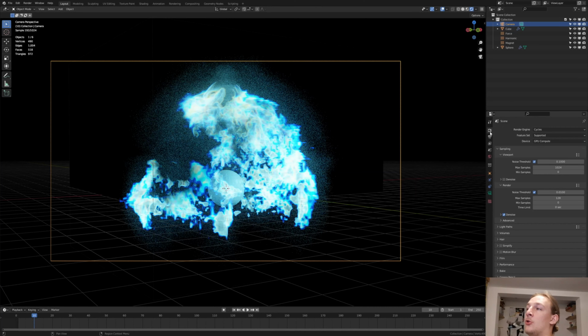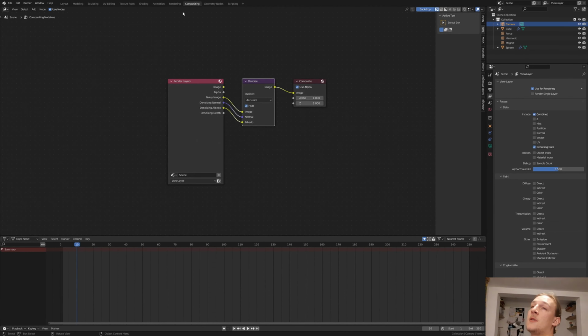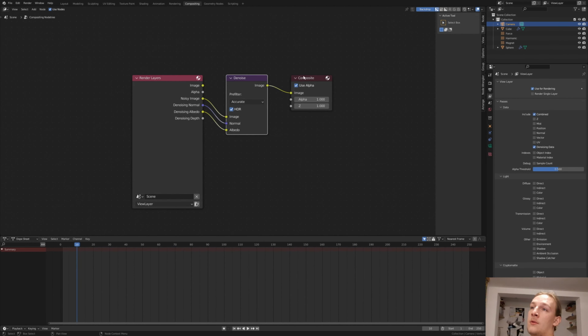Now let's go to the render properties. I'm going to render at 128 samples with denoise enabled. If you have an NVIDIA GPU, you can use OptiX or OpenImageDenoise. If you don't, you can only use OpenImageDenoise, but I do have one and I prefer OptiX, so I'm going to use that. Now go to compositing, and to get this set up you need to enable use nodes